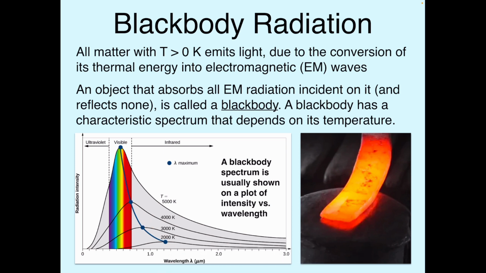And actually, this explains something you've probably seen before, which is if you take a piece of metal and you heat it up to a very high temperature, it will appear to glow, right? You can actually see the black body radiation that it emits. That's because, again, at higher temperatures, the peak of the intensity happens at shorter wavelengths, and it can be even pushed as far as the visible range, right? But if this same piece of metal were much cooler, you wouldn't see its light being emitted, right? That's because its black body spectrum peaks outside of the visible range,